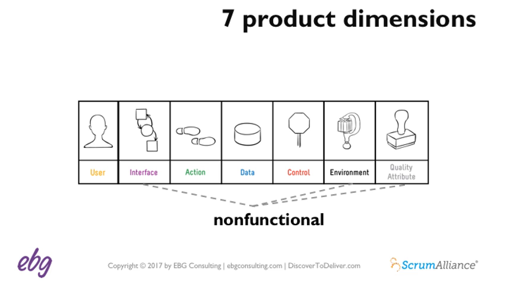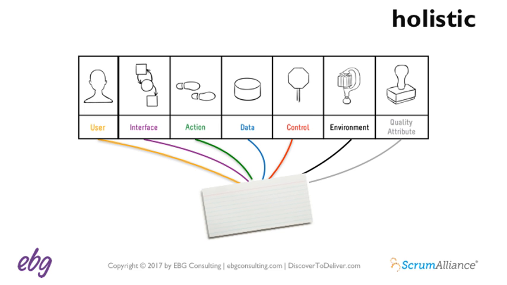I say it's an unfortunate name because the non in front of functional implies there's no functionality, but in fact functionality is needed to enact these dimensions. The point is the entire set of 7 product dimensions is needed to give us a comprehensive understanding of a given story. We really need insight into all 7, encompassing both functional and non-functional, to get our stories to ready. They're holistic. Think of each dimension as a thread that will weave a tapestry of what's behind the scenes of any given story.